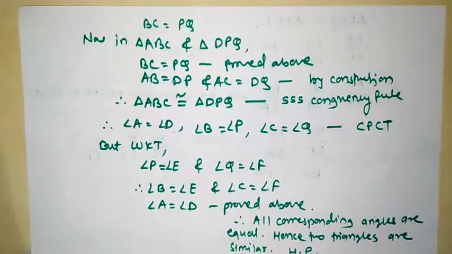Dear all students, in this theorem we have learned that if all the corresponding sides are in the same ratio, then all the corresponding angles are equal. You have to practice this theorem, the proof of this theorem, 2 to 3 times in the rough book. And after this theorem, in the next class we are going to learn the side angle side theorem. That we will learn in the next class.